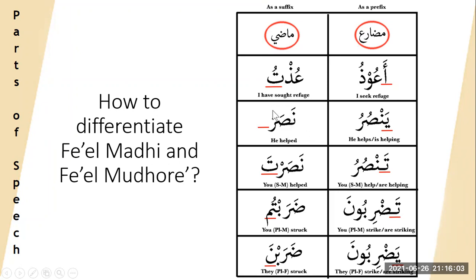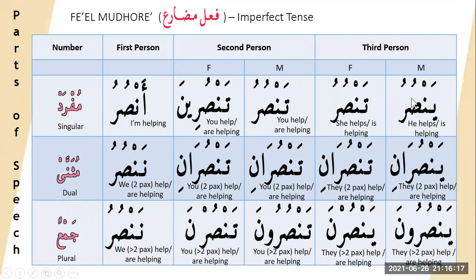nasara, the basic form for the verb. Nasara, third person singular male. Then you have yansuru, you have the ya. Ya means third person. If it's ya, it's a third person. Okay, you have ya, yansuru, third person. Only for the female, tansuru, because it's a third person female. For the ya, it's a third person. For the ta, tansuru, na, nansuru, tansuruna, okay? So ta is the second person, and hamza and na is the first person.